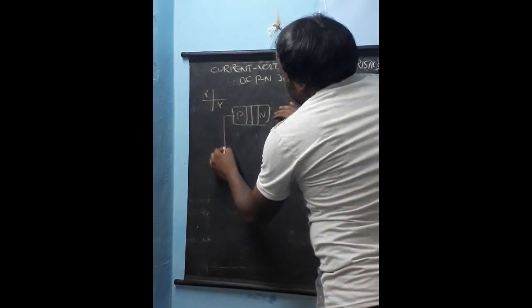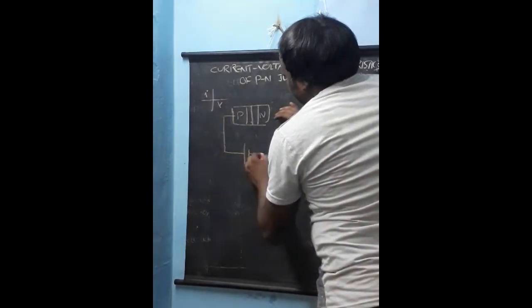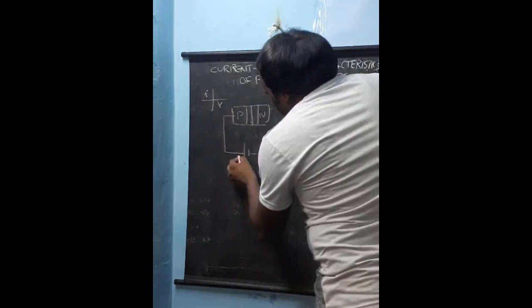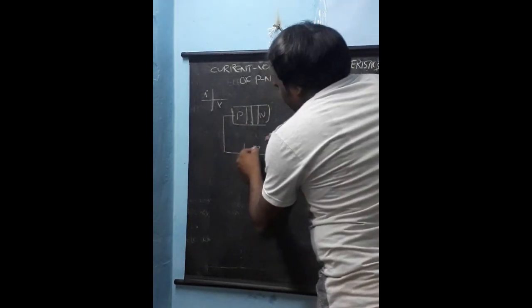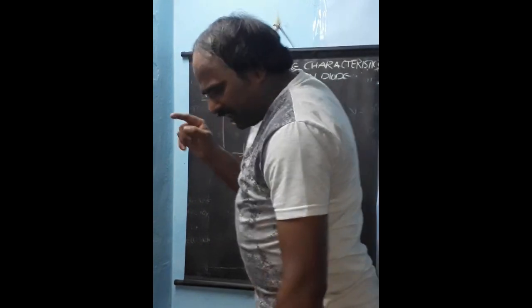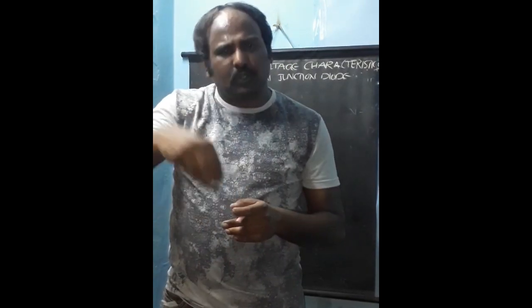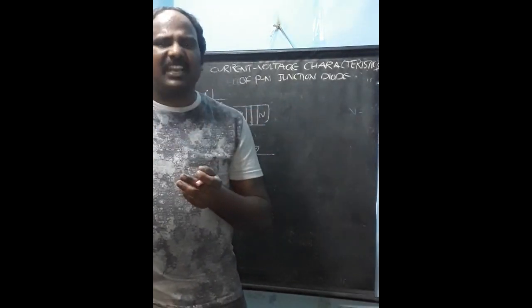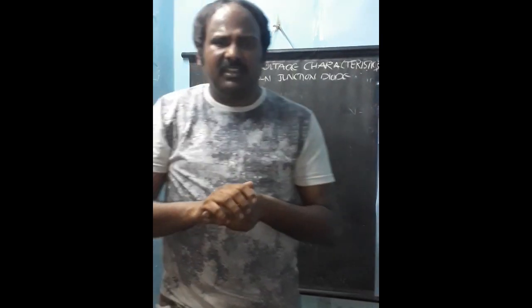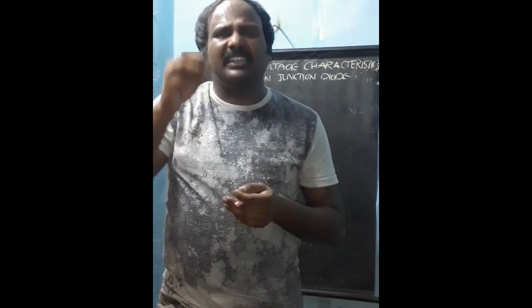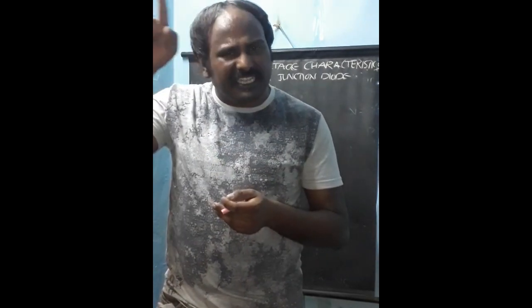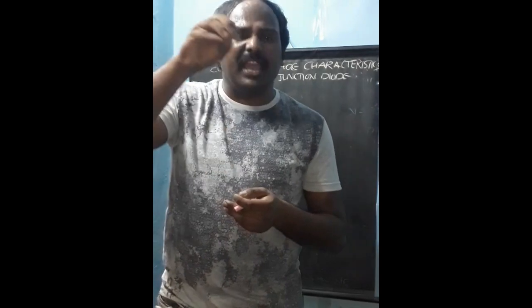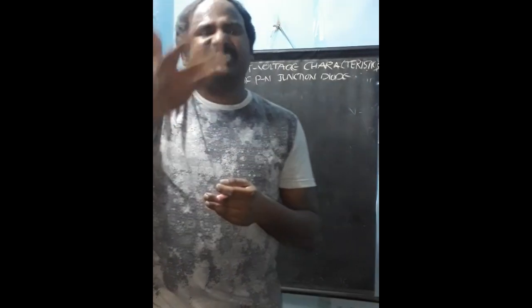This PN junction diode is connected to a battery. To this battery, I am placing an arrow mark. Arrow mark indicates variable. Variable means changes. 2 volts, 20 volts, 30 volts means the value goes on changing. So for that side, we are going to indicate an arrow mark. On any electronic circuit, if you indicate an arrow mark, it means variable. It is going to change.